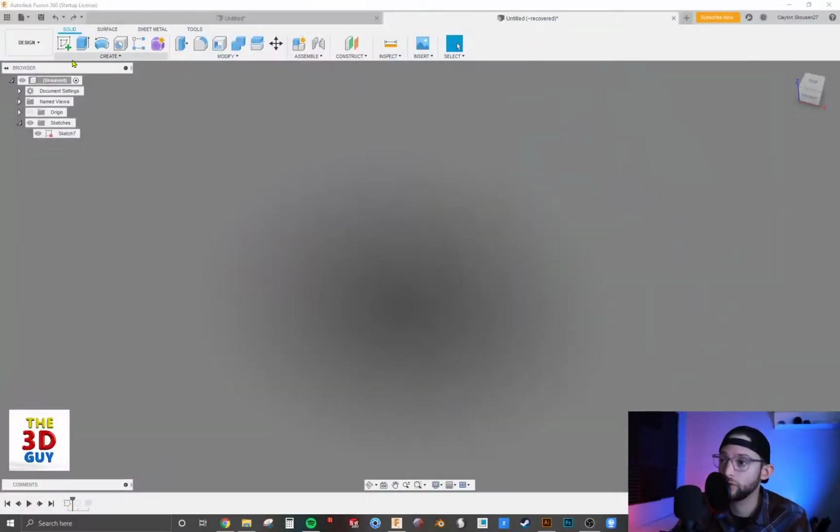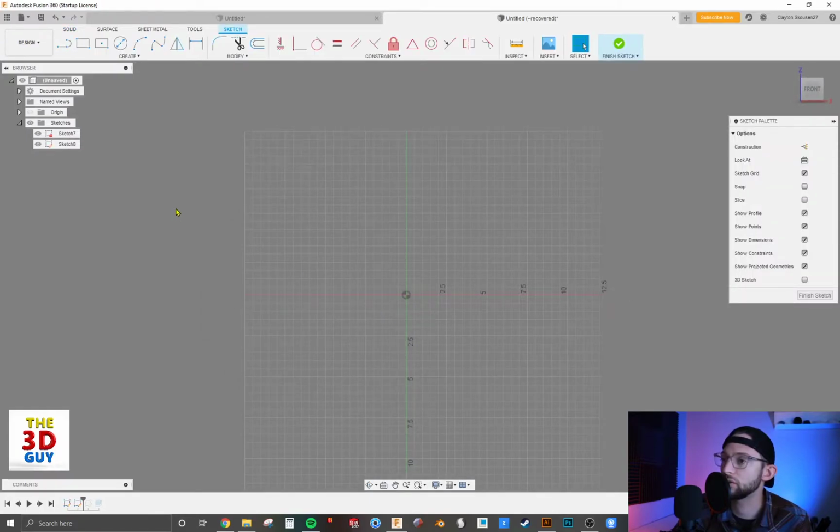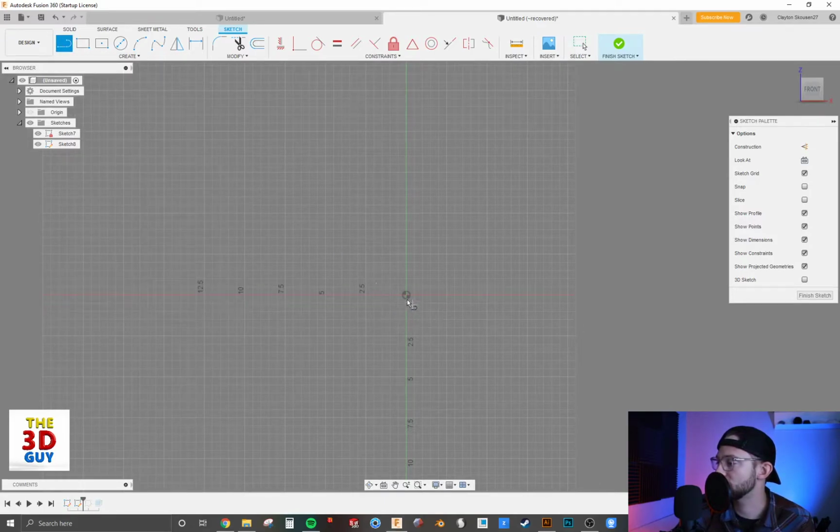Today we are going to be covering revolving in Fusion 360. So let's jump on over and we are going to start with a sketch. We're actually going to create two different profiles just to demonstrate two ways you may use the revolving tool. So first off, we're just going to make a little